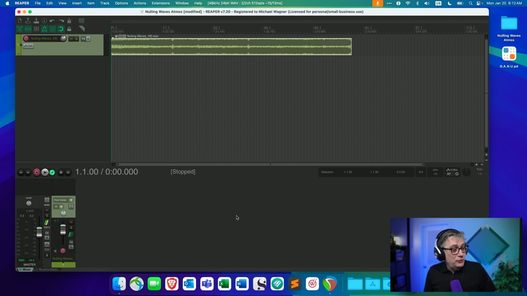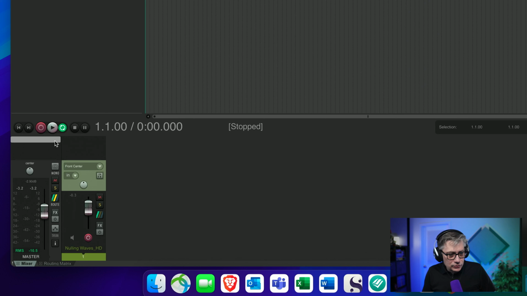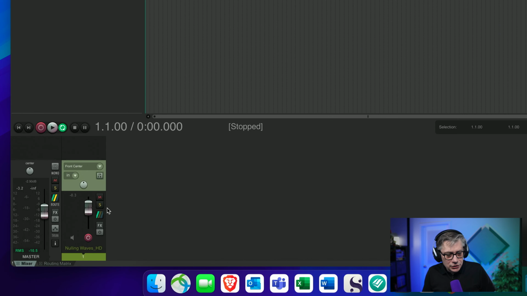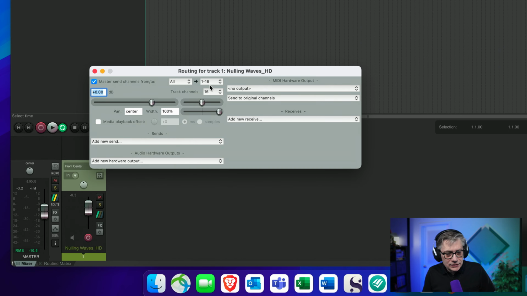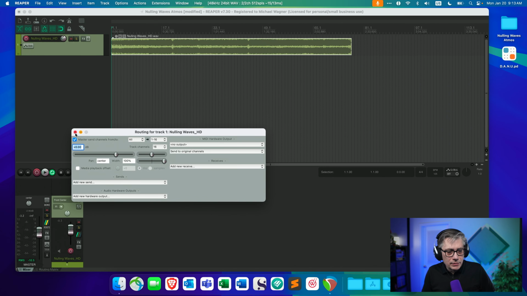But first things first, before we can do anything, we need to first turn our track into a 16-channel track, because we are going to work with 9.1.6 audio. So I'm going to go into the track settings, going to change that to 16 channels. And in the same way, I'm also going to do the same thing for the master bus. So let's also turn that into 16 channels. And then I just make sure that the audio is actually also routed completely. So all 16 channels are routed from the track that holds the audio into the master bus. And then I need to set up the head tracking.